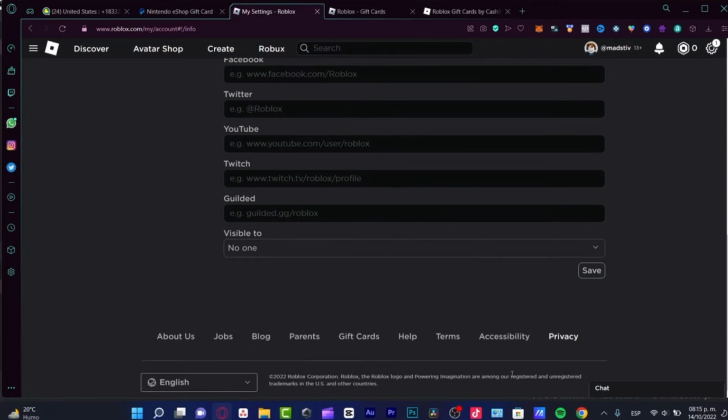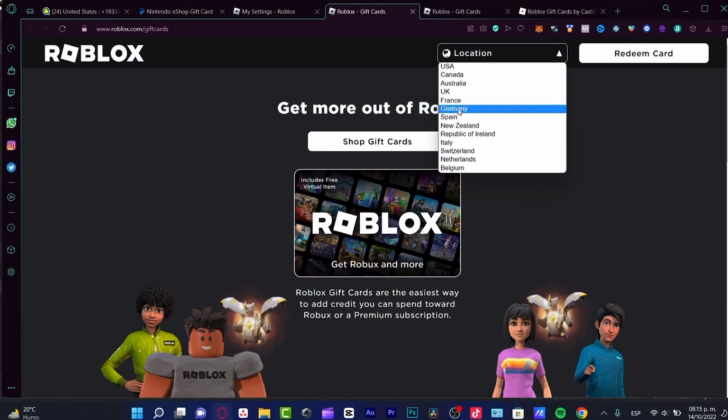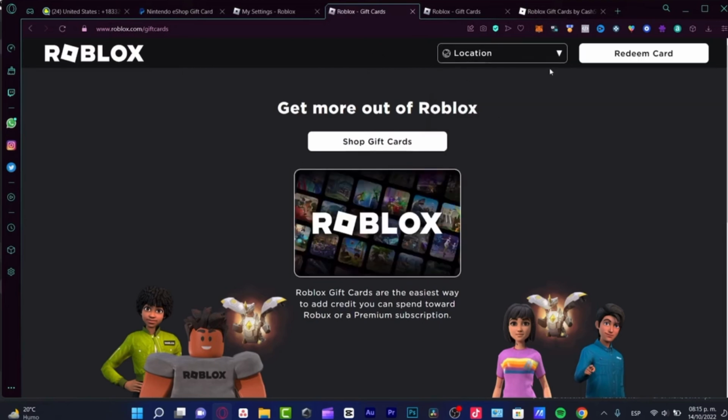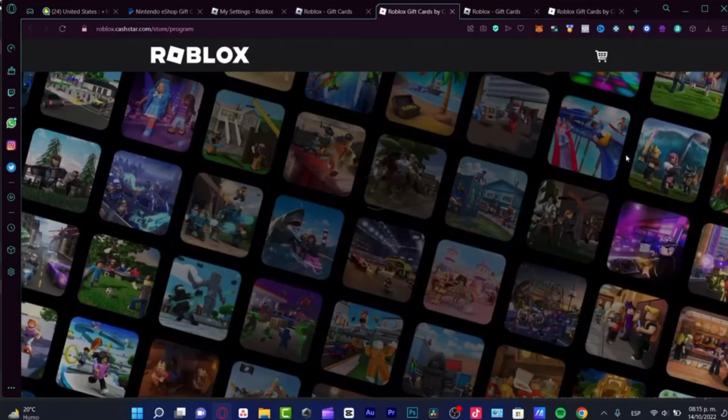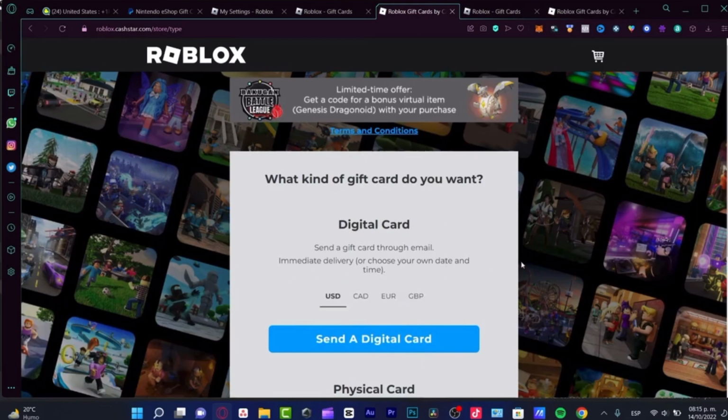Let's say for example you want to buy some gift card. So I want to choose gift card. It's going to pop out this new option, and here you want to choose the currency you are going to be working with. So if I am operating in dollars, for example, let's say that I want to look for, I don't know, pick a gift card, and here I have currency. What I can choose here